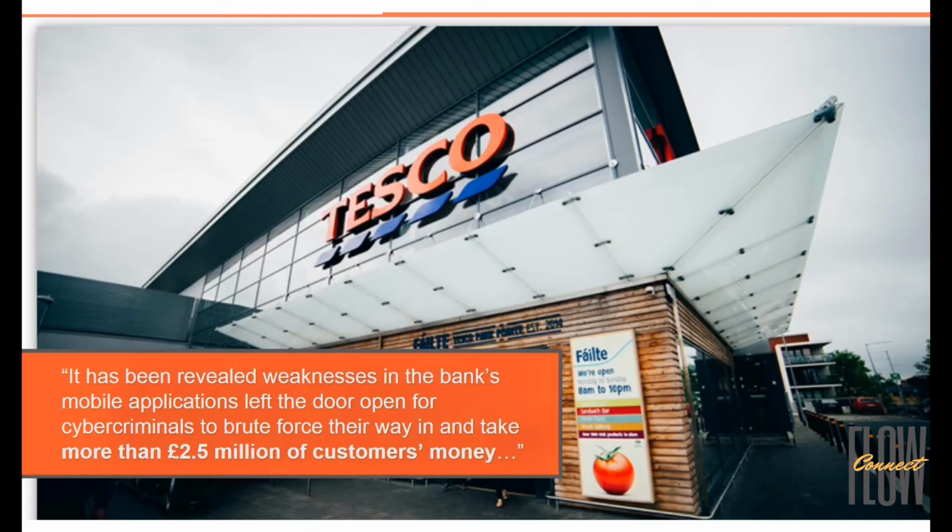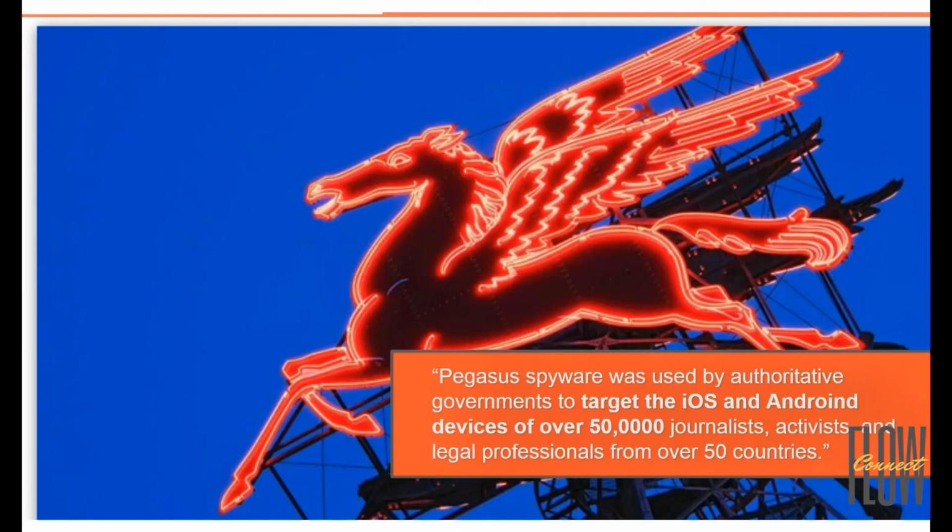And until it happens to you, you think it's not going to hit you. It's not going to happen. But I think Pegasus is a big example of it could happen to you. Pegasus is an extremely, if you haven't heard about Pegasus, please